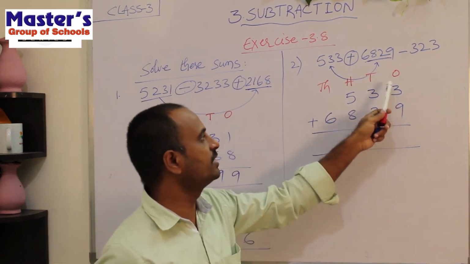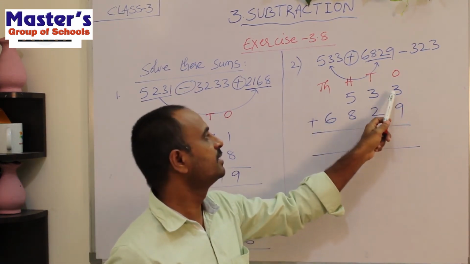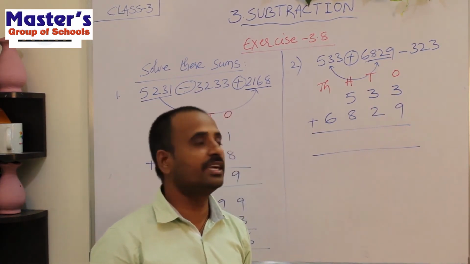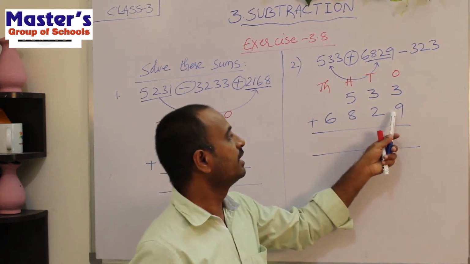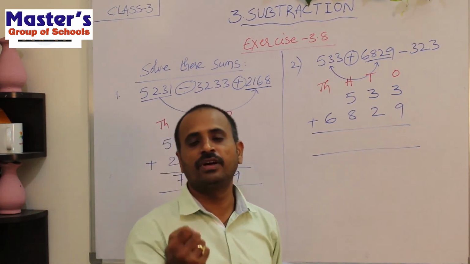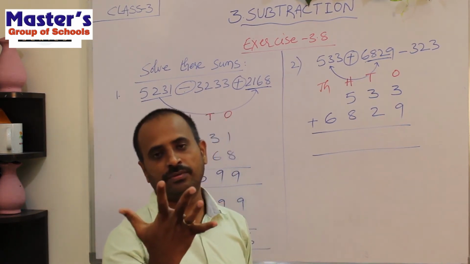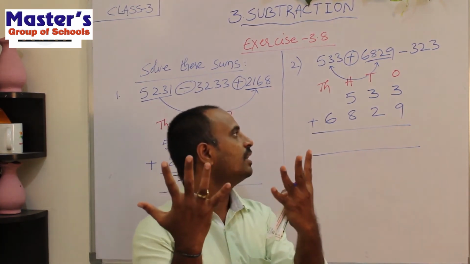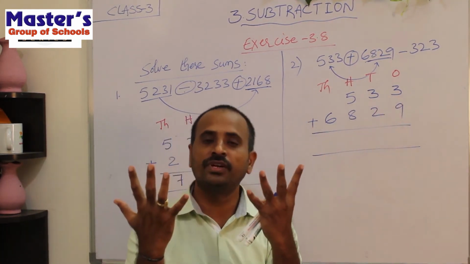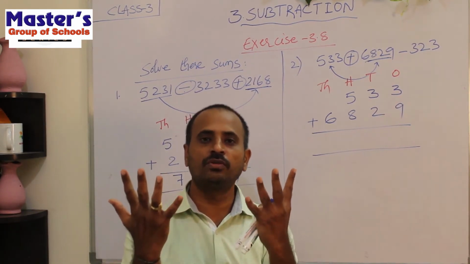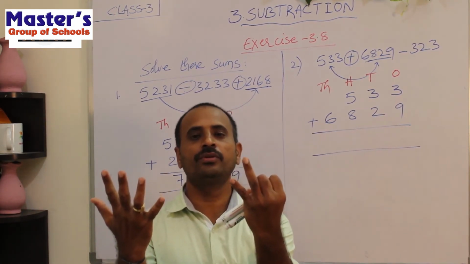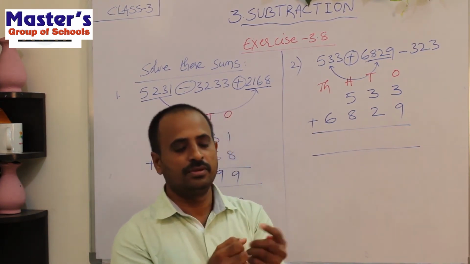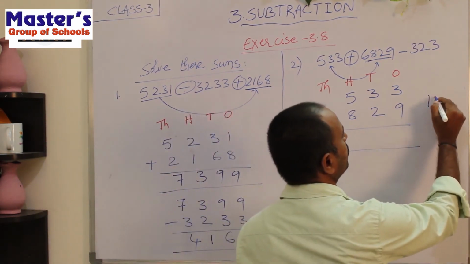Let us start addition from ones place. What are the digits in ones place? 3 and 9 are present in ones place. What is the first number here? 3. What is the second number here? 9. So open 9 fingers of your hand. That is 1, 2, 3, 4, 5, and 6, 7, 8, 9. Children, these are the 9 fingers. And what is the first number? 3. After 3 we will get 4, so start counting from 4: 4, 5, 6, 7, 8, 9, 10, 11, 12. So the sum is 12.